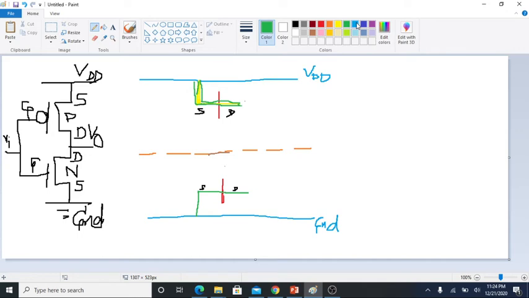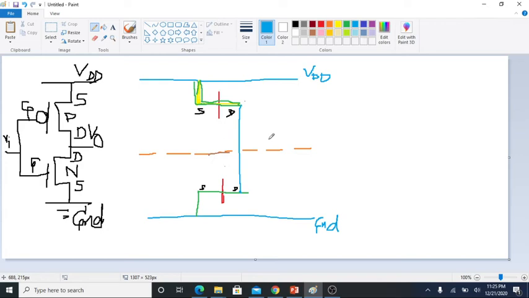For making the drains, that is your output terminal, you always use metal. This is one point to be noted: VDD, ground, supplies and outputs are always made up of blue color, or metal. Why is that so? Because the metal layer is used for making the interconnections. What do you mean by interconnections? Interconnection between two types of circuits. So basically, if you observe your transistors, what things are connected with other transistors?